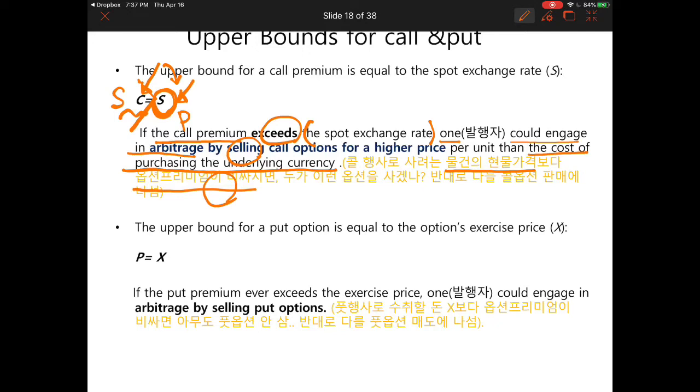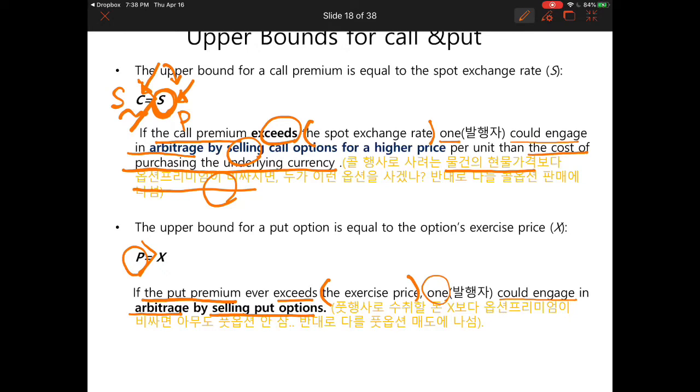Let me move on to the upper bound for a put option. The upper bound will be X. We think in the same analogy as for the call option; let's suppose otherwise, that the put premium becomes higher than the exercise price. If the put premium exceeds the exercise price, the writer or issuer of the put option could engage in arbitrage by selling what? The expensive one. What's the cost for that? Once I sold the put option,